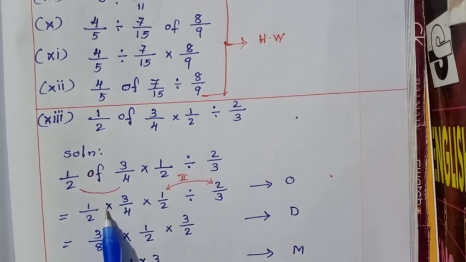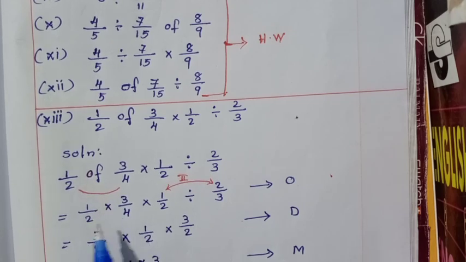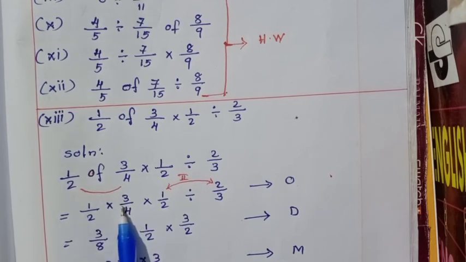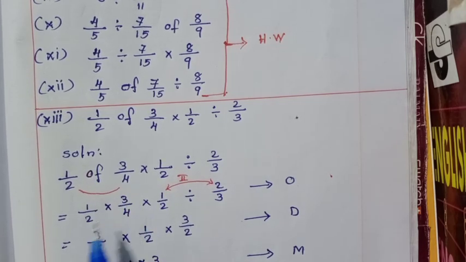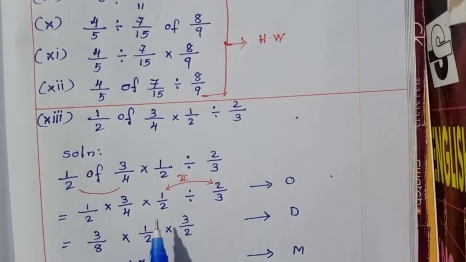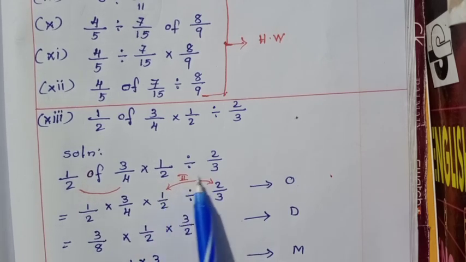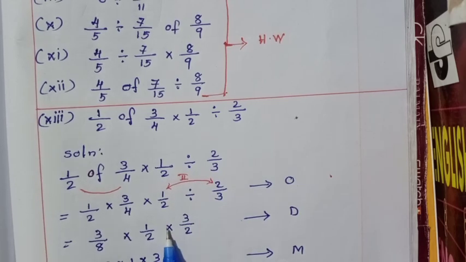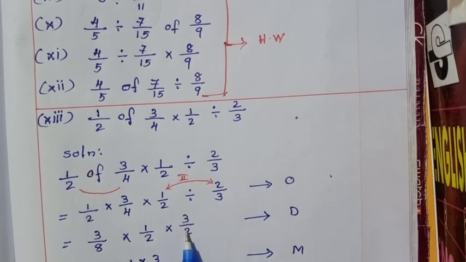So first, converting "of". Then here, in these two numbers we cannot cancel any number. So 1 by 2: 1 into 3 is 3, 2 into 4 is 8. So calculation over, that is 3 by 8. Then into, same writing. Now next, this division is there. The division symbol comes between these two fractions only. So we have to calculate 1 by 2 divided by 2 by 3. Next, 1 by 2, division symbol changing into, then 2 by 3 reciprocal 3 by 2.